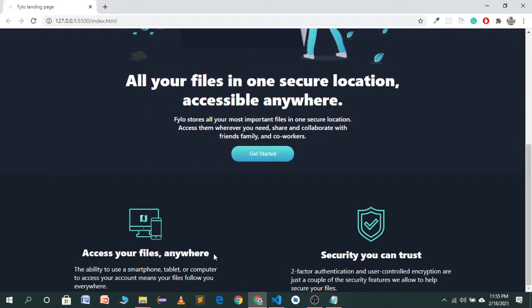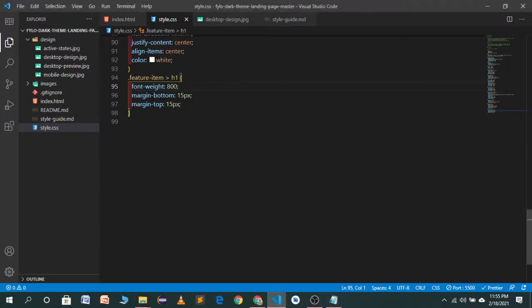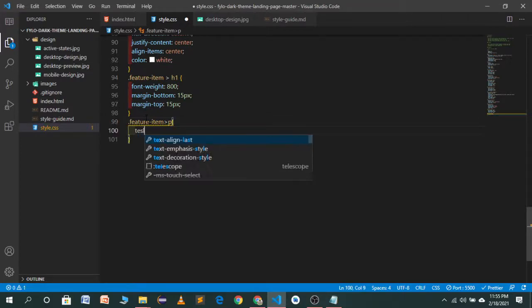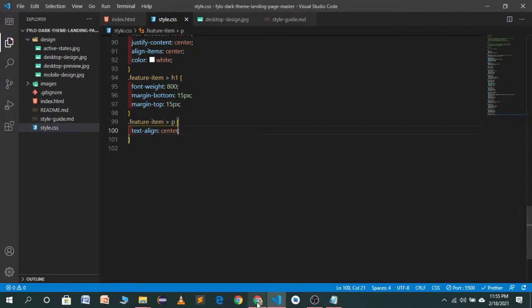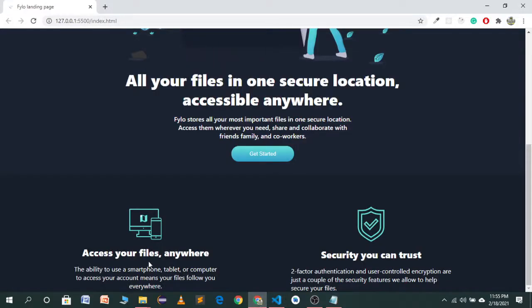As you will see, this design is looking good, but we want our paragraph to align in the center. Now we will target our paragraph. In the feature item we have a paragraph, and in the paragraph I will use text align, not text, it is text align center. And now you will see a significant change. As you will see, it has changed beautifully.